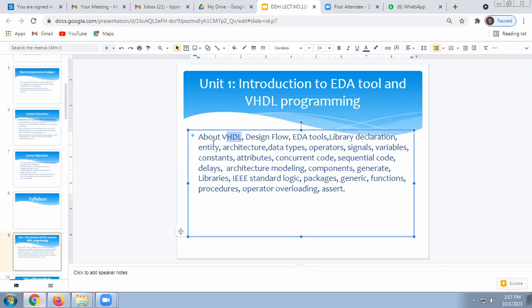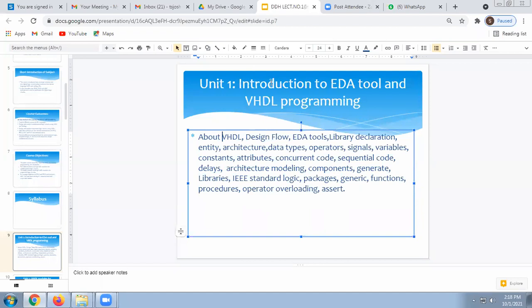This first V specifies very high speed integrated circuit. So VHDL is nothing but very high speed integrated circuit hardware description language. We are going to design the code with the help of this HDL language for very high speed integrated circuits.